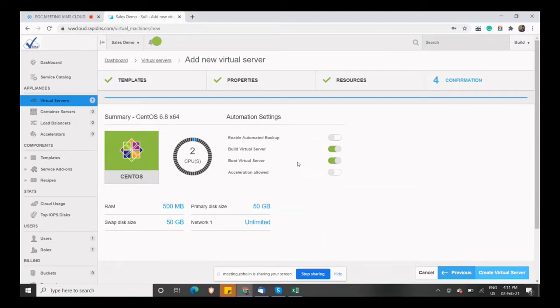Okay. This is our own panel, so you won't get that feature while creating any virtual machine. Acceleration means you will get more performance, and it acts like a load balancer.